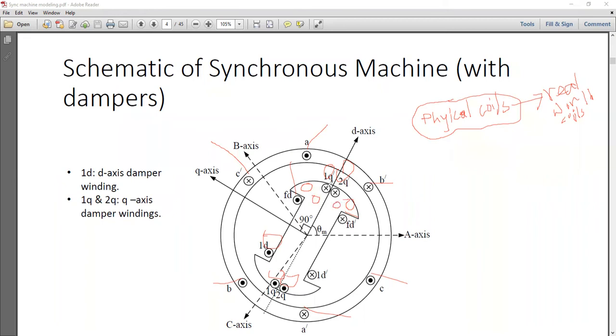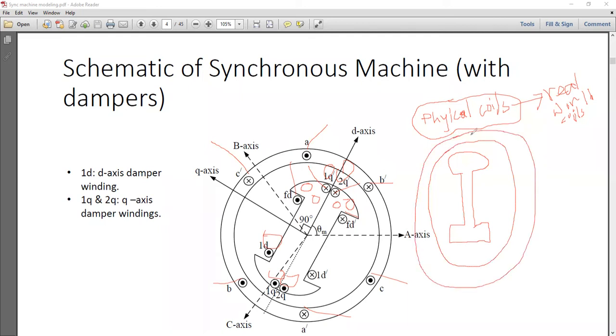Remember, we talked about coils. Coils means, okay, this is how, let me draw it separately. It will take some time, so you have to be patient. It's a little bit advanced thing. Okay, so let's say these are the three coils in your stator winding.